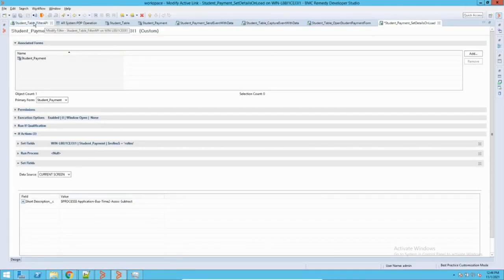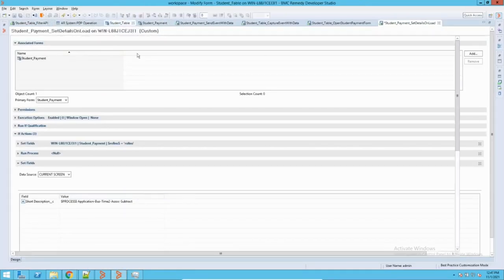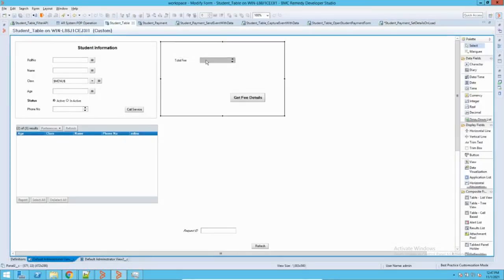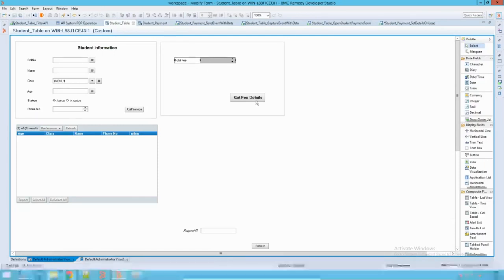Okay, so let me go back to the table form. These are the two things I have added, two fields. It's a read-only field I have added, and this is the button which I have added. Now on this button,